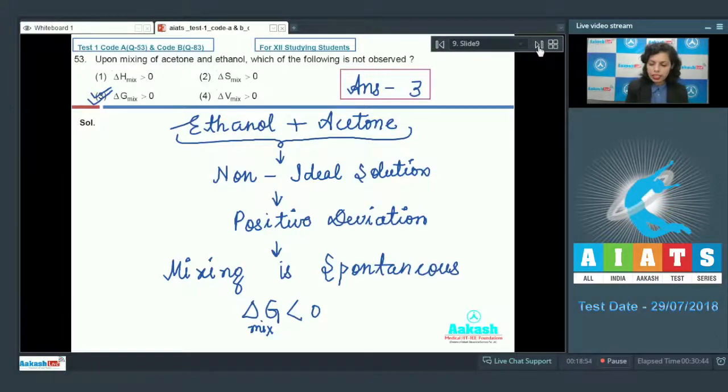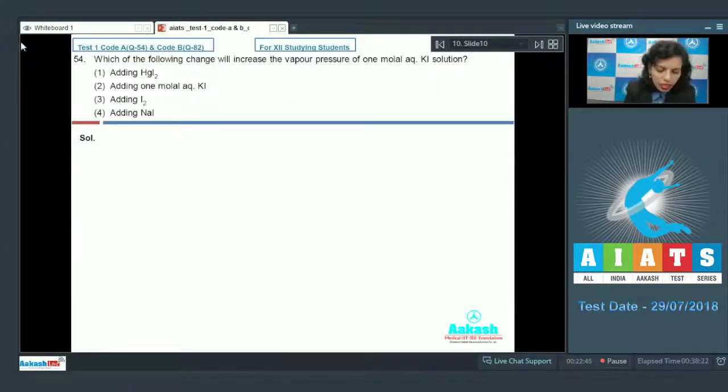Now after this, let's move on to the next question. Now let's see the question number 54. Which of the following change will increase the vapor pressure of 1 molar aqueous KI solution? So basically in this case we have to just check in which case there is the increase in vapor pressure of 1 molar aqueous KI solution. We have the different options given here. Adding HgI2, adding 1 molar aqueous KI, adding iodine, or adding NaI or the sodium iodide to this molar aqueous